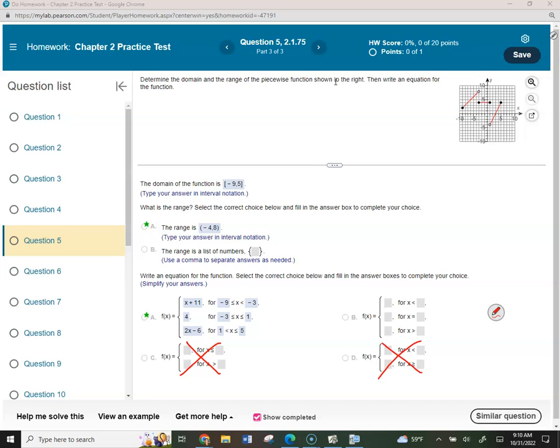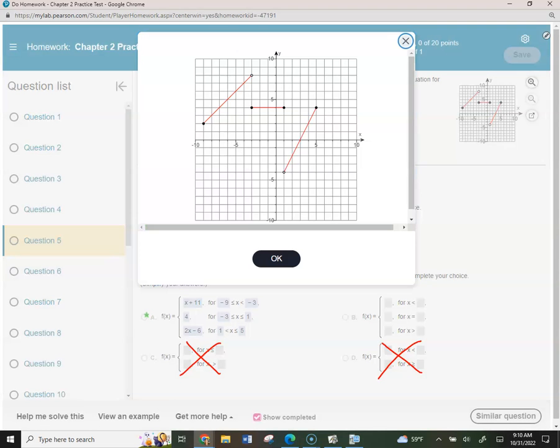The next thing you look at is the holes, and any arrows, holes or arrows. So if you look at the graph, let me open it up. Notice that this is closed to open, closed to closed, open to closed. Do I have a single arrow anywhere? No, I have between,